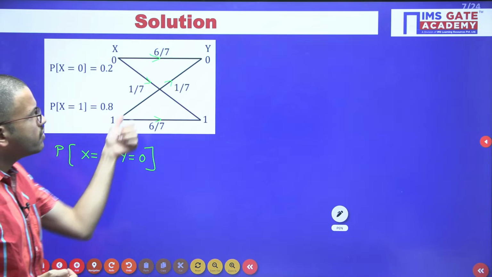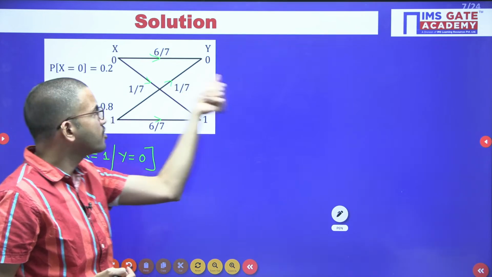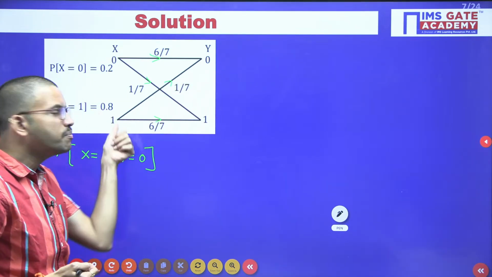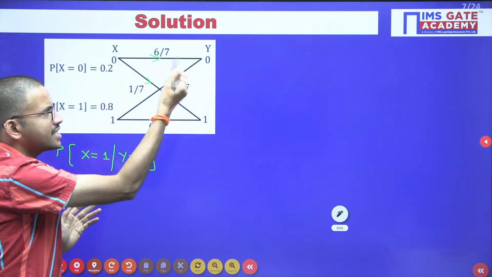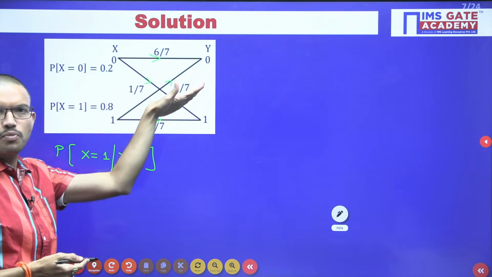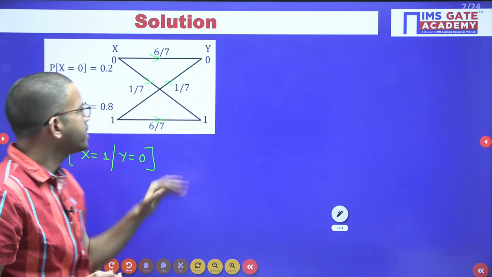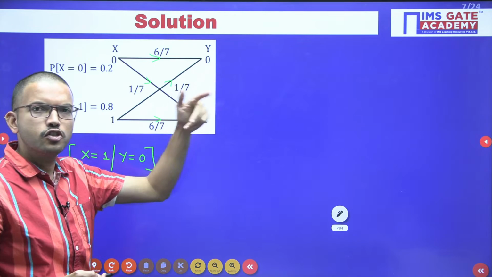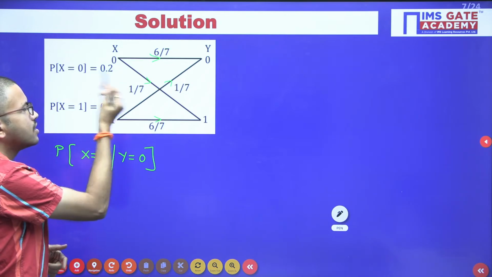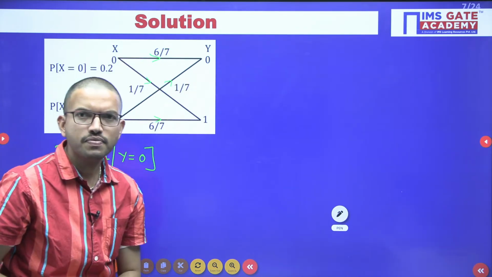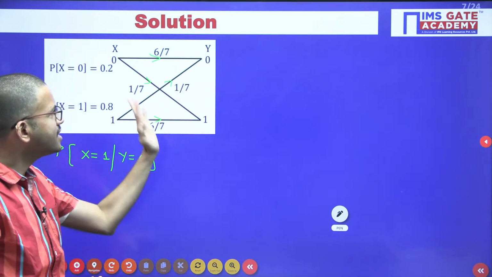Probability of X equal to 1 given Y equal to 0, because what they have asked is the probability of the received bit being 0 due to the transmitted bit 1. That is the question. That means probability of A given B, that means already the output is given. Okay, and now we are calculating the probability because of this particular input. Now if you observe this particular binary symmetric channel, you are receiving bit value 0 because of two possibilities. Either the transmitted bit is 0, and because of that you can receive 0, or the transmitted bit is 1, and even because of that you can receive 0. Like that you are getting two possibilities.